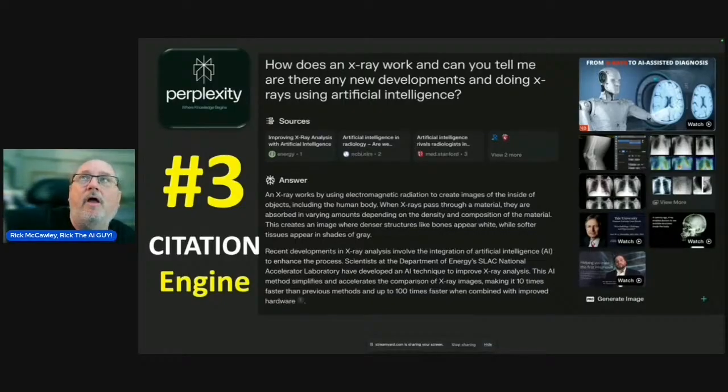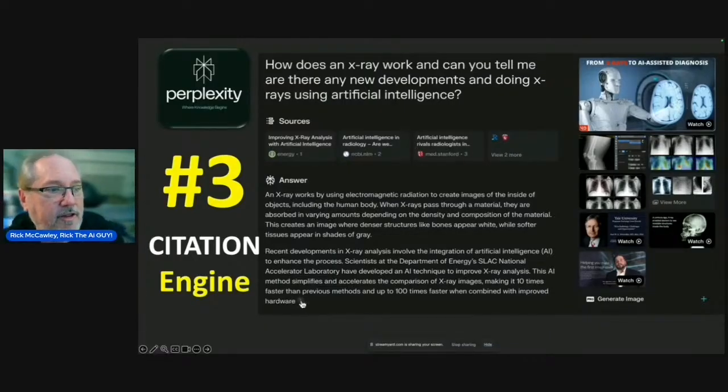So right now, from X-rays to AI-assisted diagnostics, you go off to the right, you click on that, you watch the video, you come back, and wow, now you have real knowledge. So it's a curator, it's a synthesizer. And this is just the first part, right? Everywhere you see the number 1 down here, you click on that, and it's going to take you right to that location.